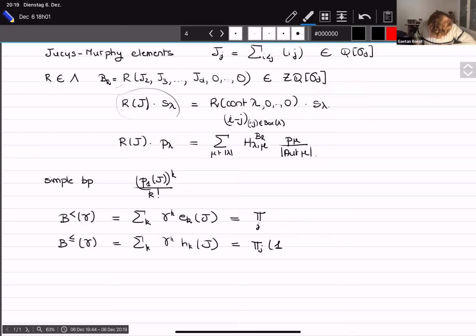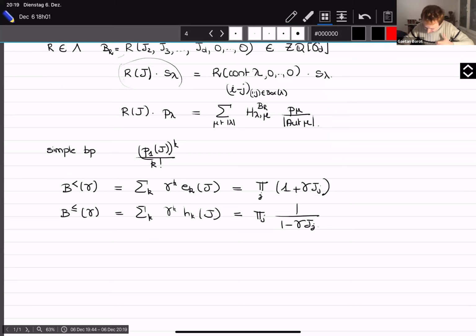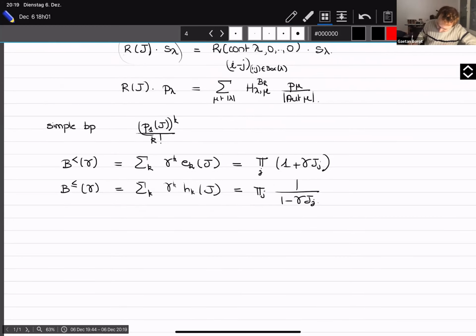Yes, this one is like that, while you get the H if you do this. So these two operators, up to a flip on the sign of gamma, are inverse to each other. Good. And so what I learned from John is that